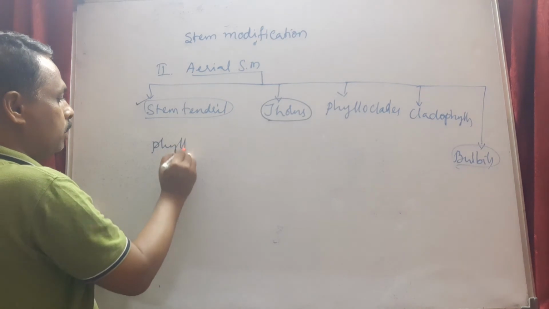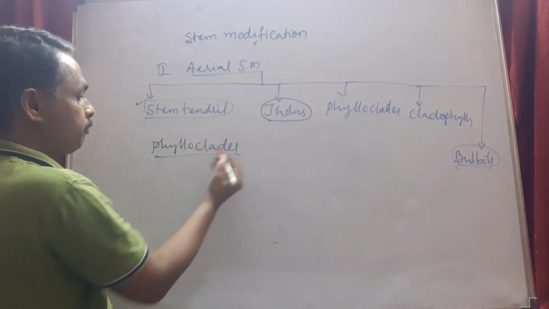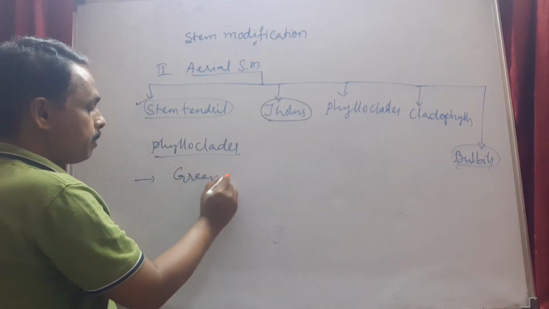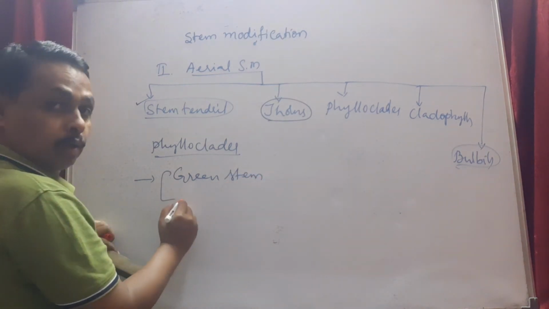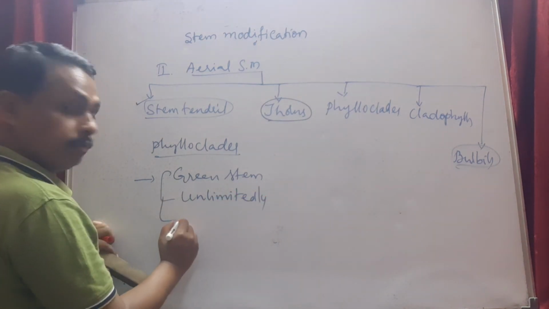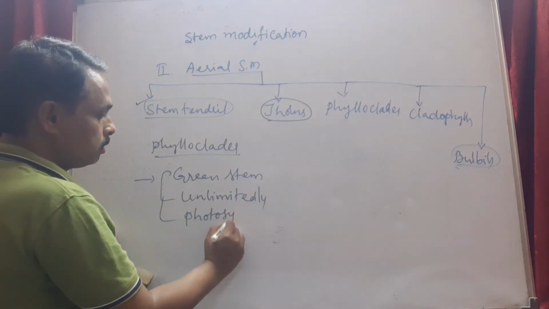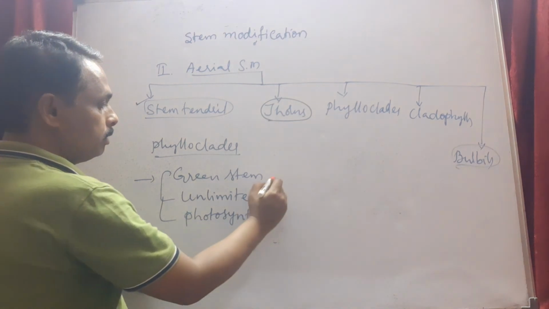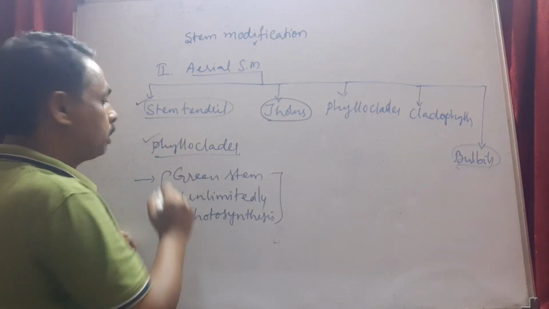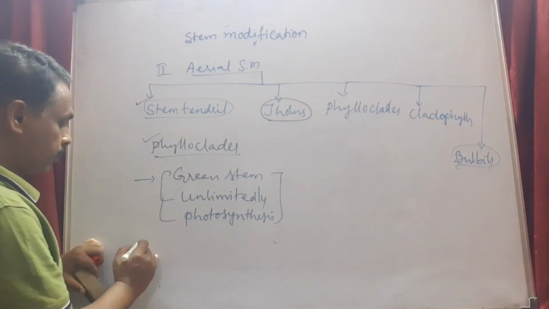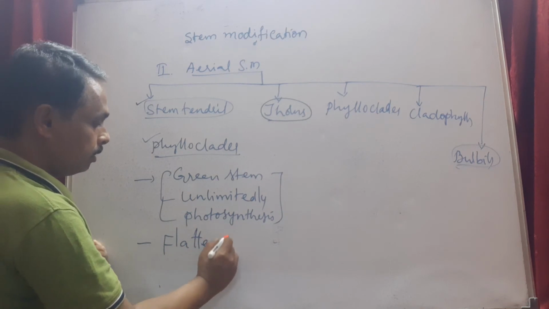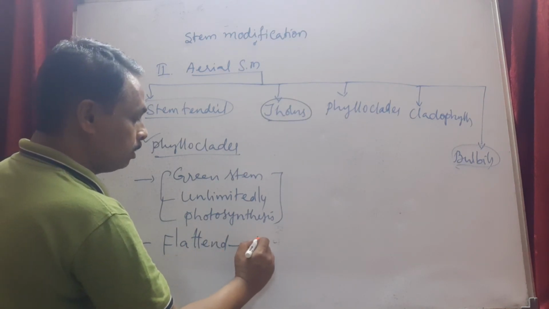So what is this phylloclade? Phylloclade is a green stem that grows unlimitedly and carries out photosynthesis. That green unlimited stem which performs photosynthesis will be called phylloclade. Especially, a flattened phylloclade is seen in opuntia,